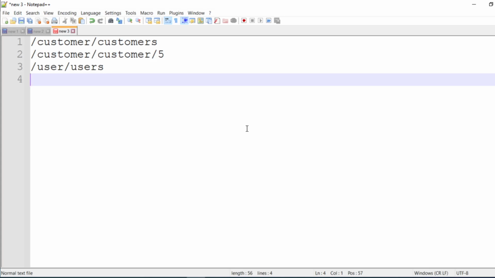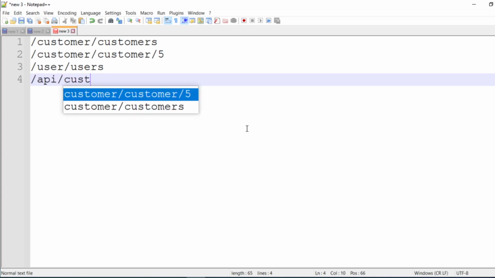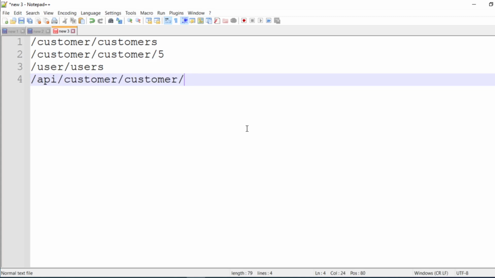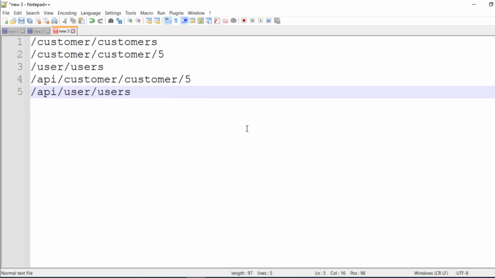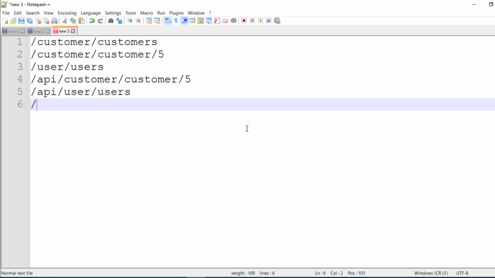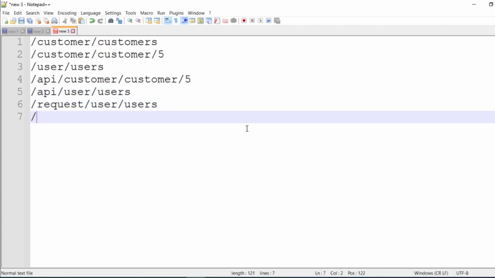Like if you want API slash customers, or maybe you want slash API slash user, or maybe you want request, whatever you want. That depends only on you, something that should come just before all your route paths.